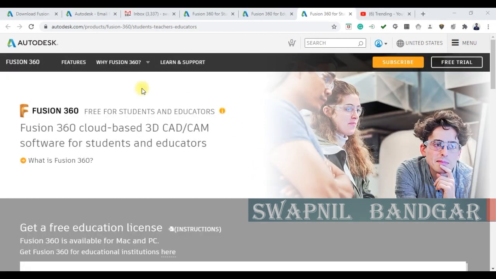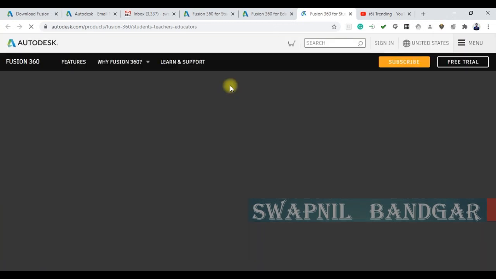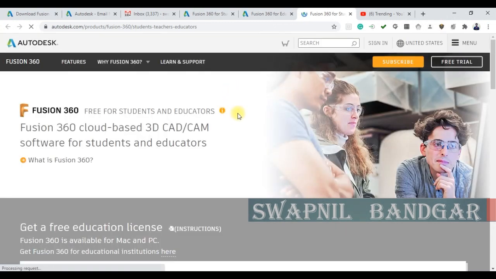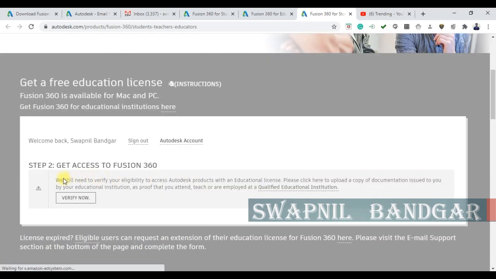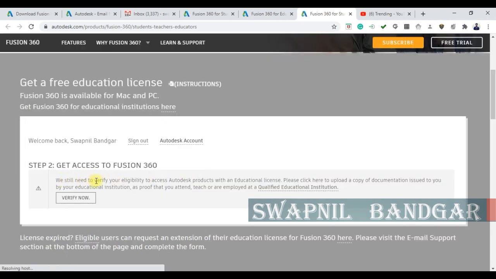See, after about 15 minutes, if I refresh this page, I receive this message: we still need to verify your eligibility to access Autodesk product with an educational license. So it's still not verified and we need to wait some more time.